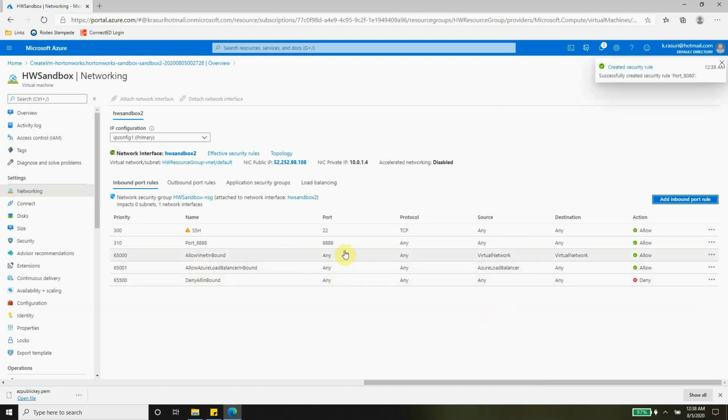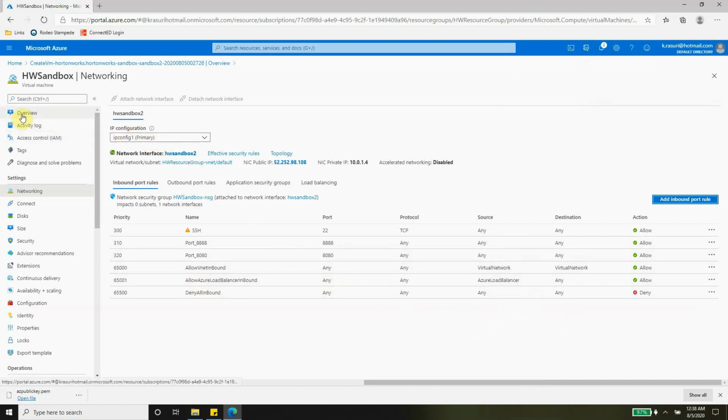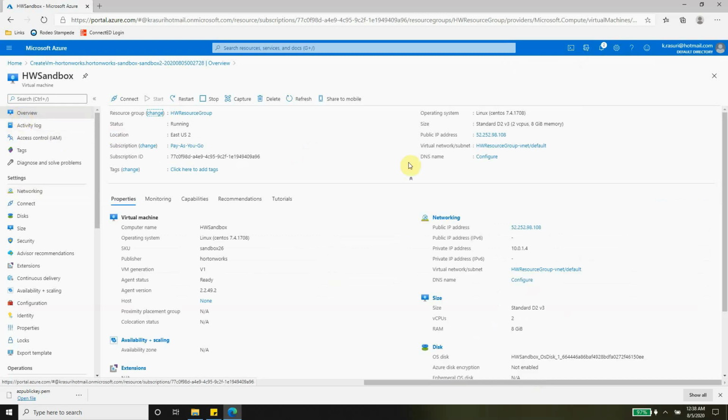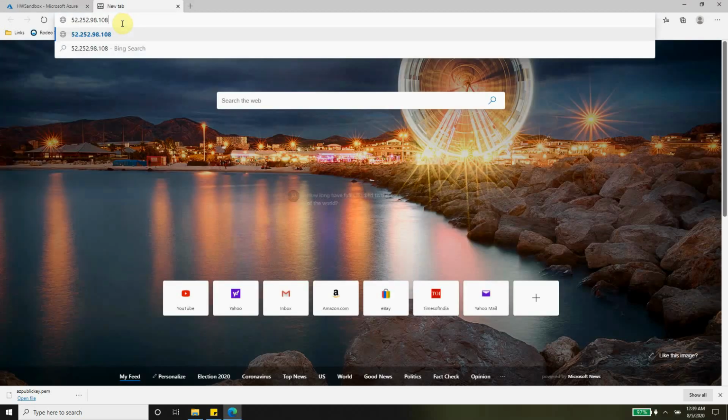Okay, these 2 ports for now. That should be enough for now. We'll come back to this again. So go back to the overview, copy your IP address and connect to the port